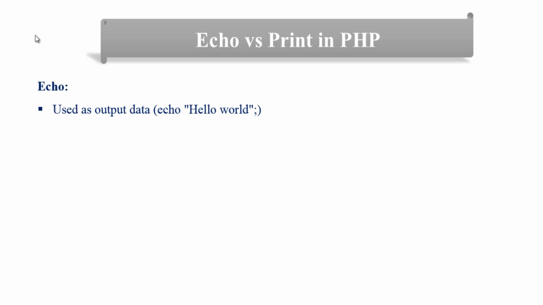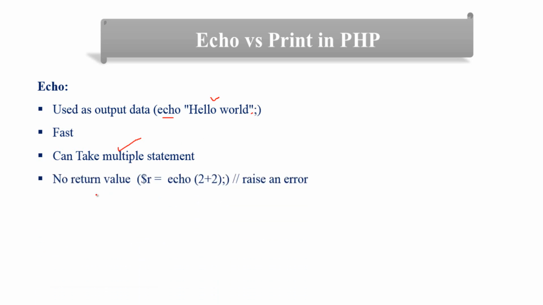If you want to display anything to the user, we use the echo method. For example, echo and display anything to the user. You can also use any variable here, and it will display the variable value. Another point is that it can take multiple statements. You can put a comma and provide another line of code that will display. Another is that it has no return value. When you echo, for example, 2 plus 2 and assign that value to any variable, you will get an